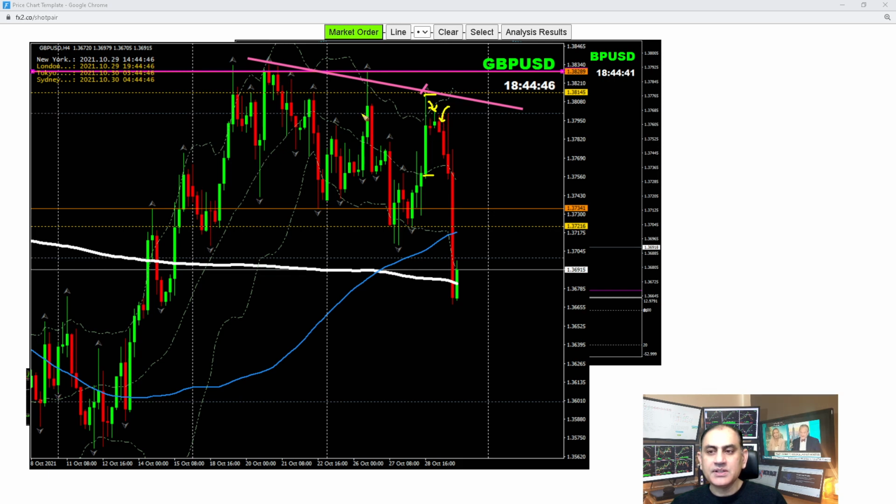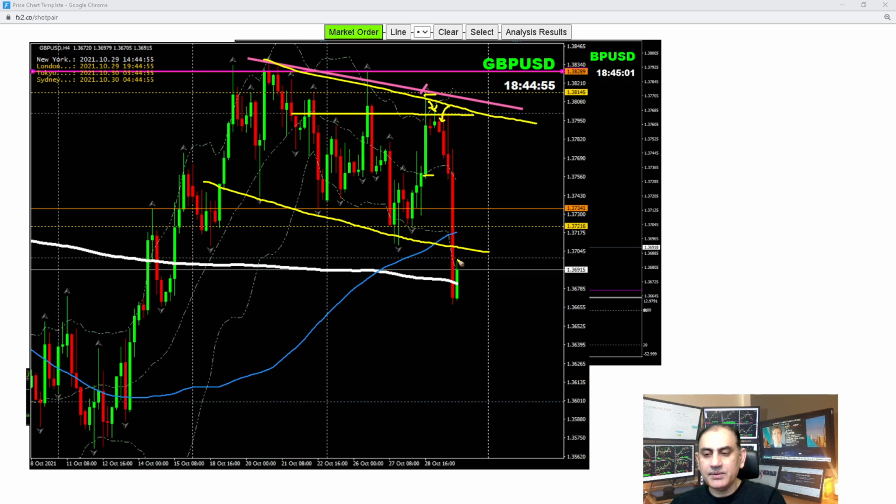So I explained to my traders, if the price is going to respect this level, then we're looking for a short trade here. And I also explained to my traders, look here, price develops sort of a downside channel pattern, so it is a high probability trade, look for a short trade here. That's what happened. As you can see here, we have taken a short trade here and banked beautiful pips.